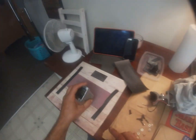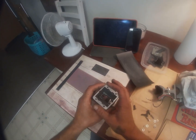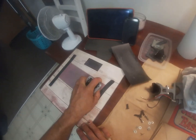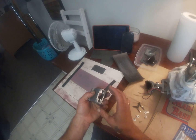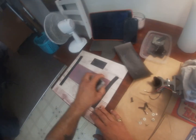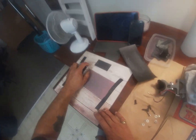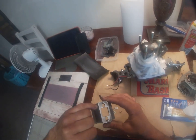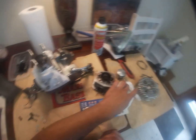This one I don't want to go sideways so much. I don't have the surface area, so I just want to try to keep this straight if possible. You can see it's coming to the edges more than it is to the center, so